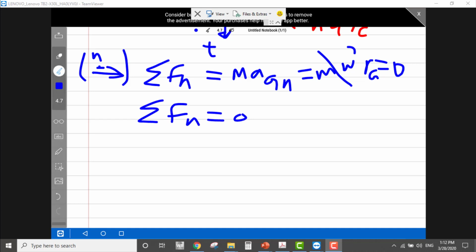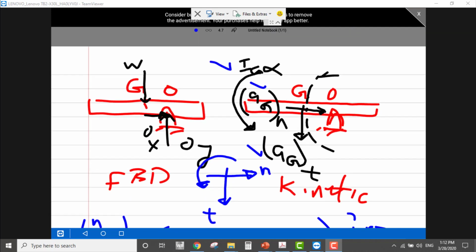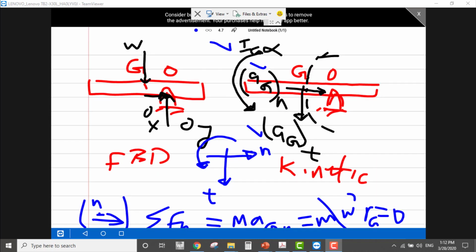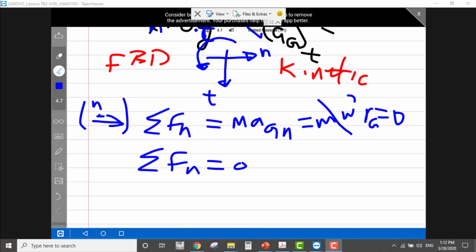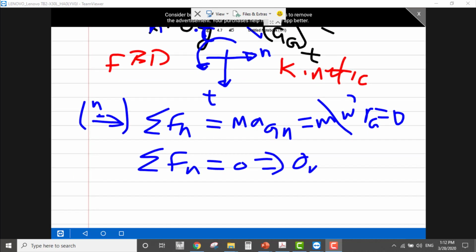Which force is directed toward the normal direction? We have the reaction OX, so I can name it ON, and this one I can name OT, instead of X and Y. So ON and OT. We have ON in the normal direction. Do you have any other force in the N direction? No. So from here ON equals 0. This is the first answer.